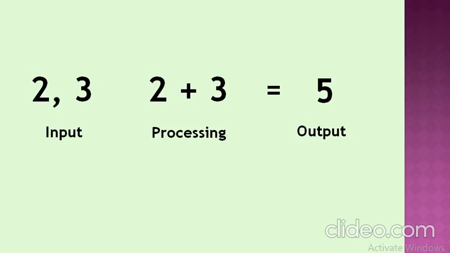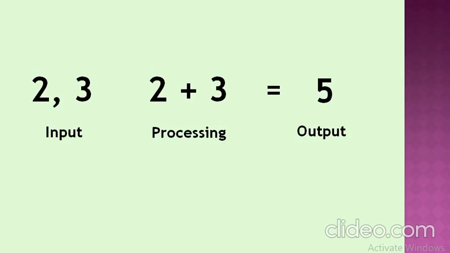So first of all, what are we supposed to do? We are supposed to give instruction to the computer. We are supposed to insert input into the computer first. So how are we doing this? We are making use of the keyboard to give instruction to the computer. Here we have inserted two numbers, that is 2 and 3. So the input becomes these two numbers, 2 and 3.